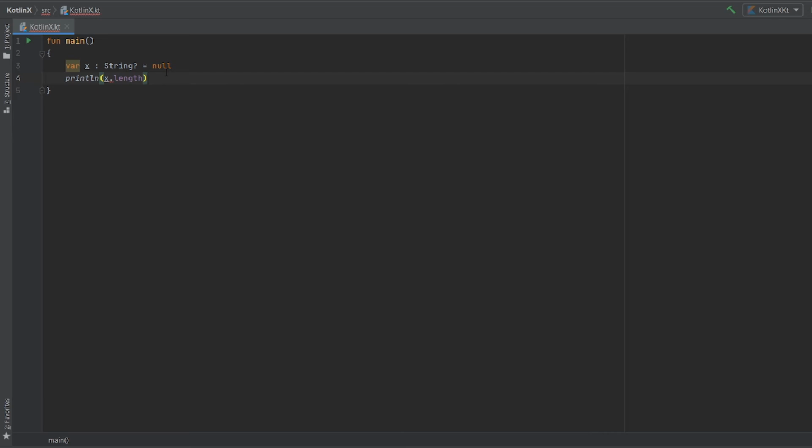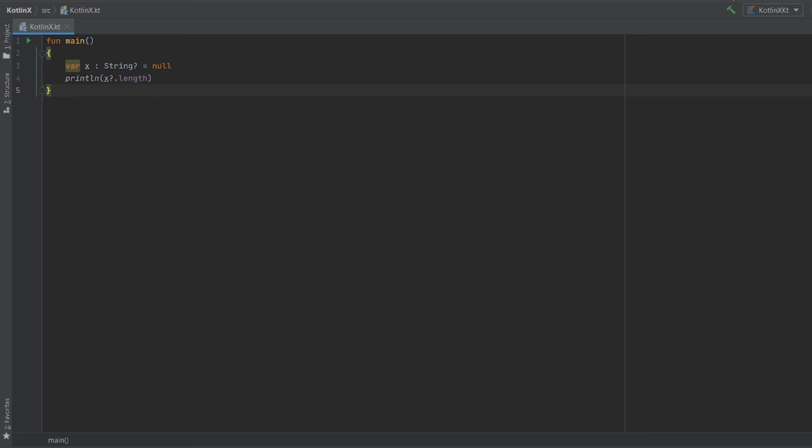However, we are not checking whether x contains a value or a null value. The problem is that we are trying to get the length of x by assuming that x contains a value for sure, which is not the case. We can fix this again with the question mark. It solves the problem.